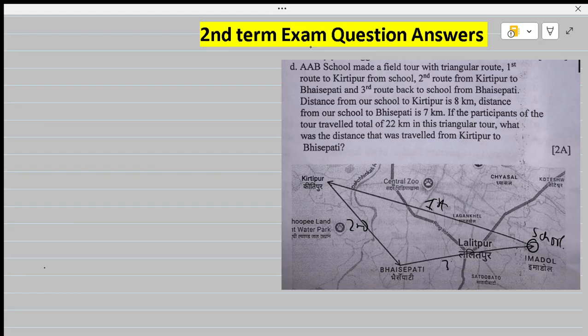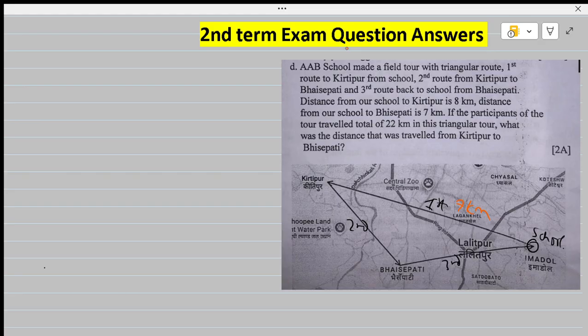So three routes are here for making the travel. And the distance from school to Vaisipati is 7 kilometers, so this distance is 7 kilometers. And if the participants of the school tour travel a total of 22 kilometers in this triangular tour,